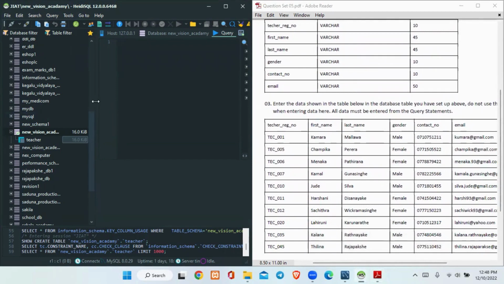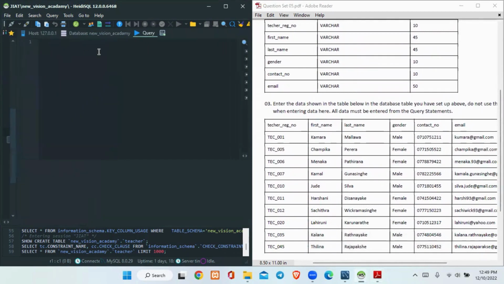So over here, we'll be using an insert query as we want to insert data. So because of that, we'll start the insert query. If we are searching for something, we can use the search query. If it's something to delete, we can use the delete query. Or if it's something to update, we can use the update query. So therefore, as we are going to insert, we are going to use the insert query. So I'll begin to insert. I'll type insert